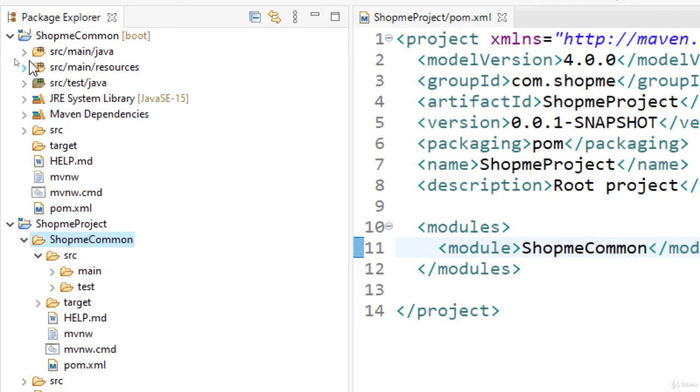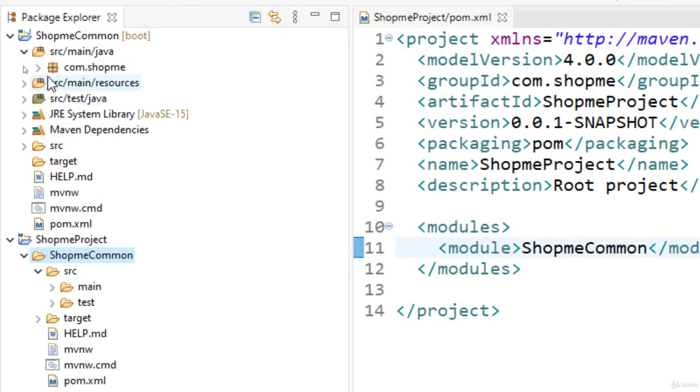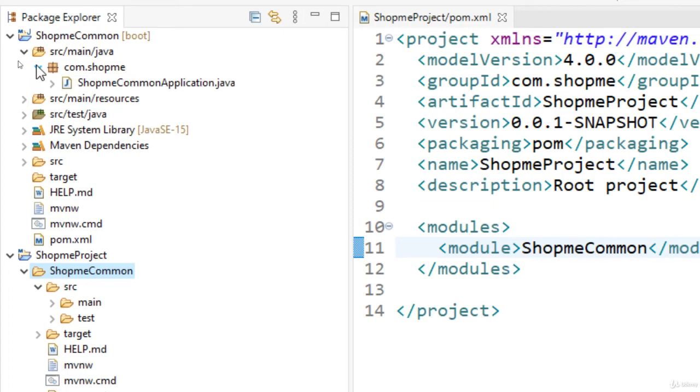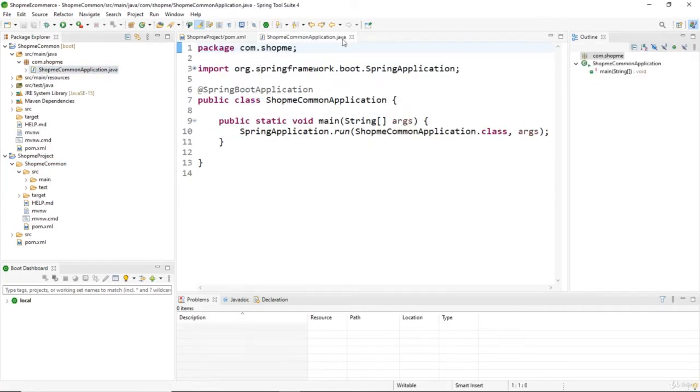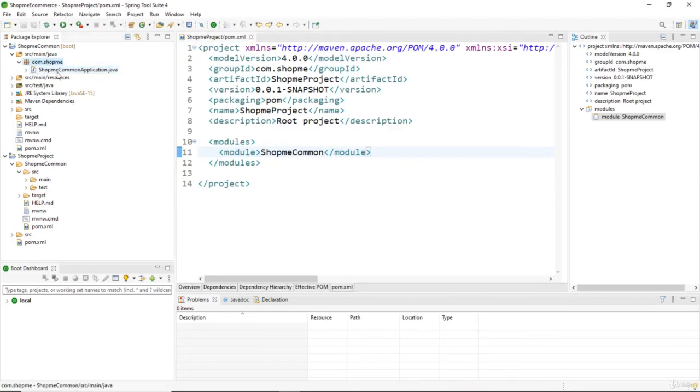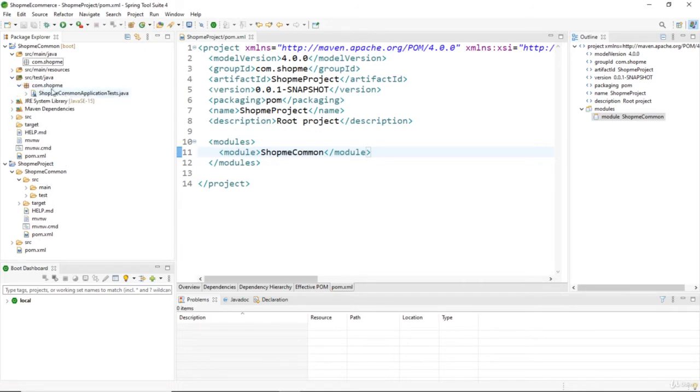And next open the Shopme common project, and you can see there are several directories here. This is a typical Spring Boot project, and because this project is for the common library, we don't need to have the main class, main application here. So just delete this class. Okay, and we also don't need to have test class here, so delete the entire package under the test directory here,